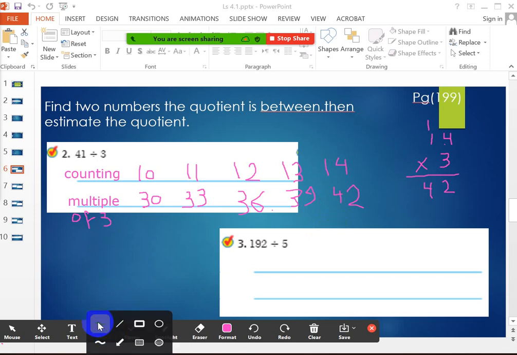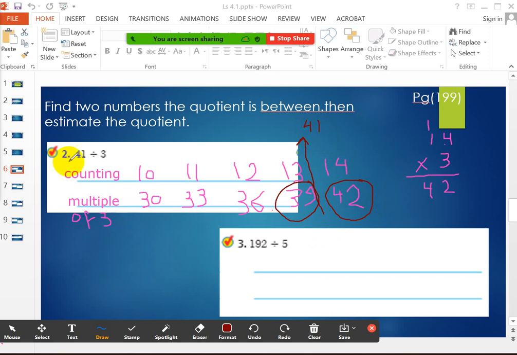What do I have to do here after that? Now, look, the multiple between those two numbers, 42 and 39, right? Girls, the multiple between those two numbers. Or, sorry, the number between those two multiples. Okay? So, the answer for this question,